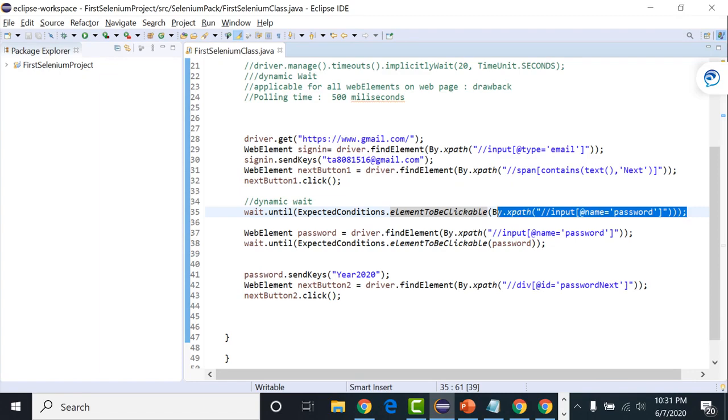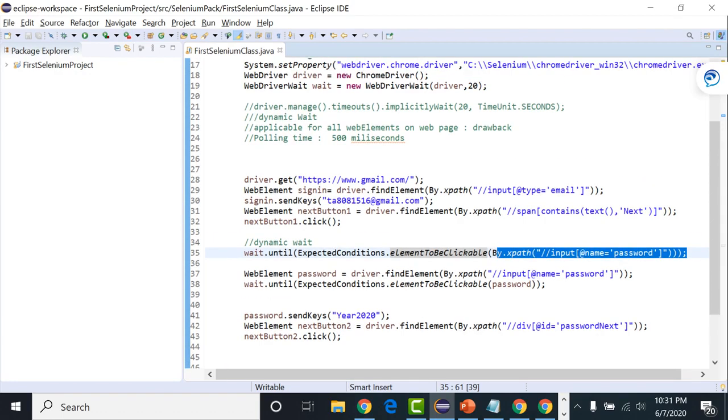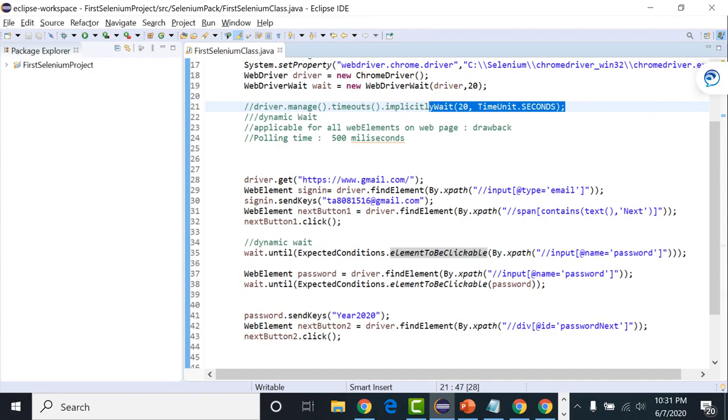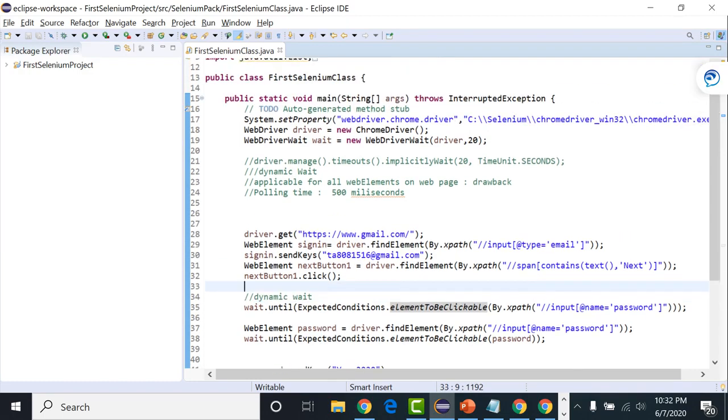Explicit wait is the very common wait that is used in Selenium. We generally don't use implicit wait, or it is also used but not a lot, while explicit wait is used a lot in Selenium. And the interview questions are like this: What is the difference between implicit and explicit waits? What is synchronization in Selenium? Synchronization means they are asking about waits only. We are doing the synchronization here so that we can synchronize our application with our code.